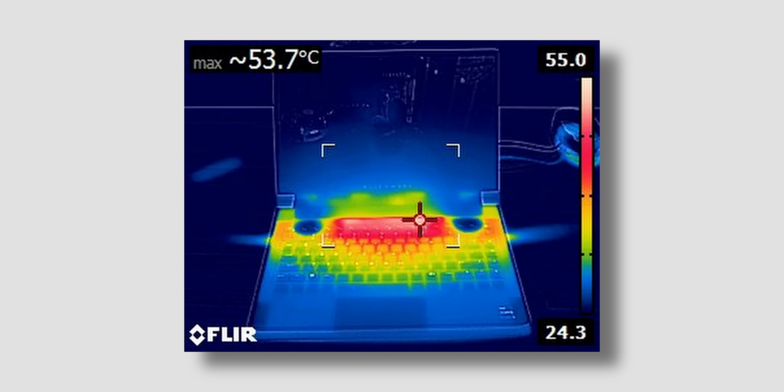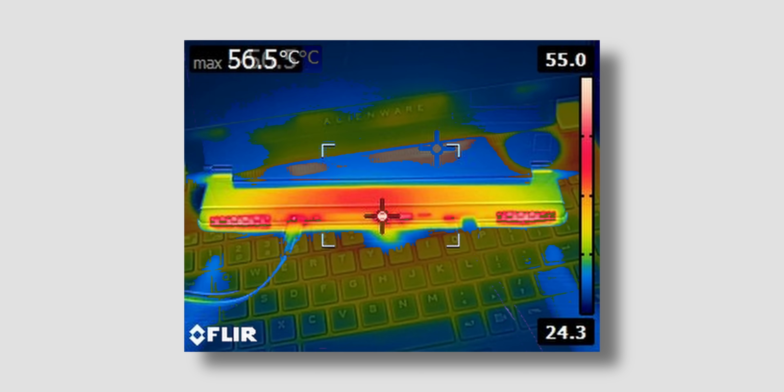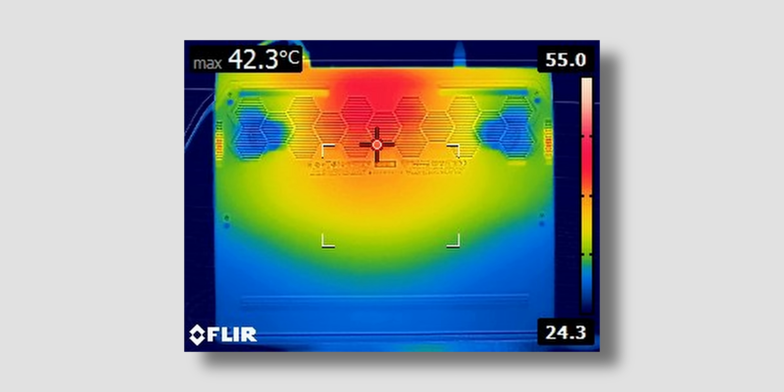If you look at surface temperatures, most of the heat buildup is around the top center section of the laptop that's away from your keyboard, so that's nice, and it's exhausted at the back and the sides, so surface temperatures don't get to worrying levels. All right, so now that we know how the X14 behaves, we're gonna be testing it in balance mode against